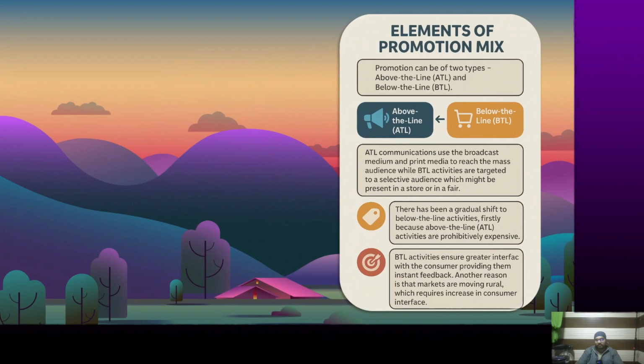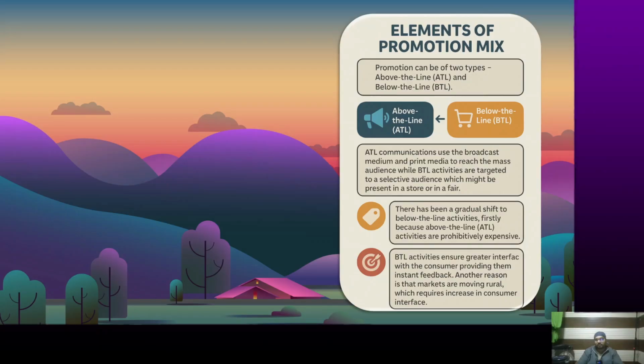Now, before we start, we have to understand basically what are the broad elements of a promotion mix. So when we talk about promotion, it can happen in two ways. First, it could happen above the line or it could happen below the line. When we talk about promotional tools having above the line items, basically we are talking about when the manufacturer communicates to a larger audience base. So in above the line, you employ means like print media or broadcast media. That is, you do not care who is listening to your message as long as it is reaching a